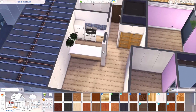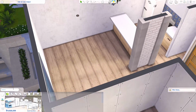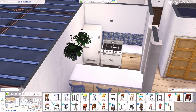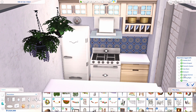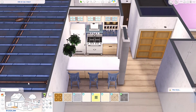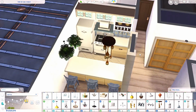And someone the other day also asked if I could do an apartment for roommates. So this apartment is for 2 roommates. There's a double bed in one of the rooms, so technically you could have a couple living in there and then just one sim in the other room. Technically this could also be for a pair of parents or a single parent, and then a kid or a teen. Could easily work like that,